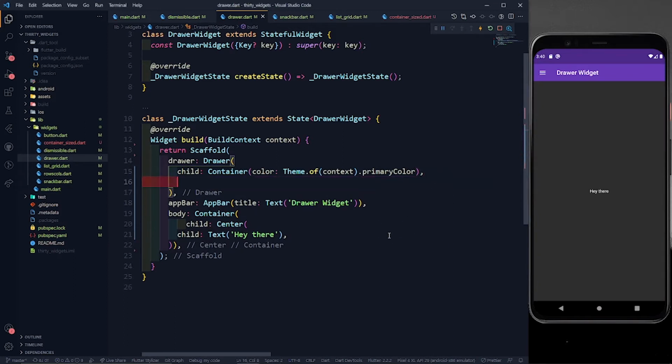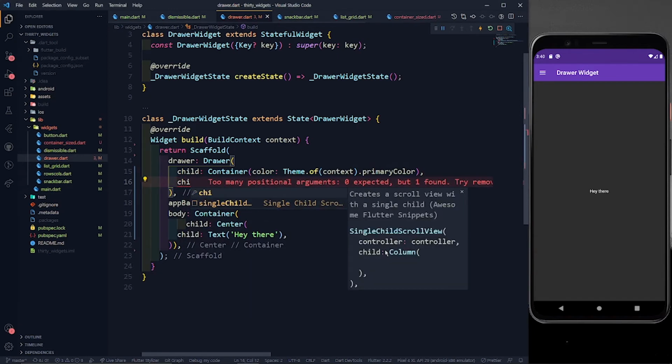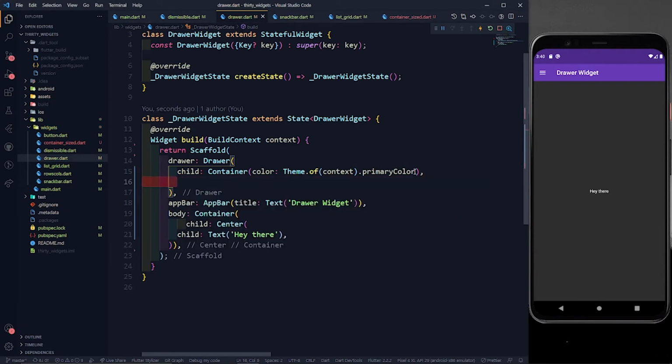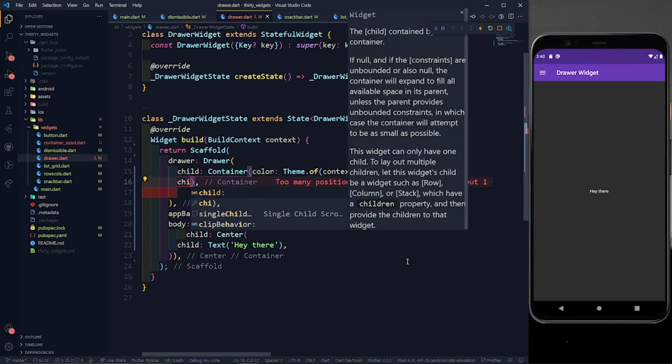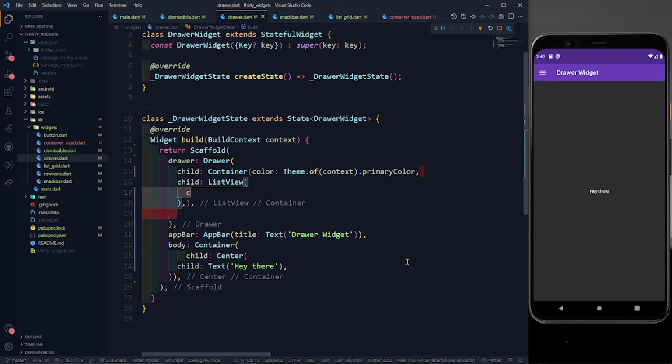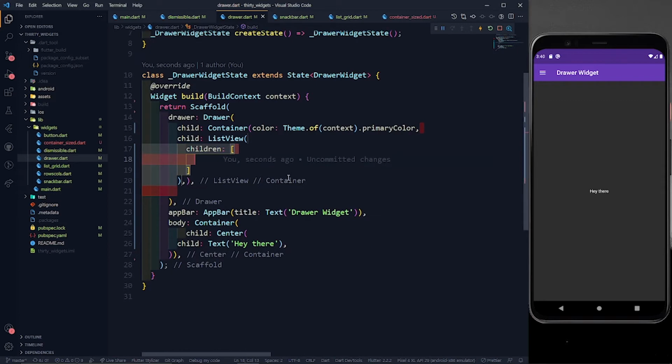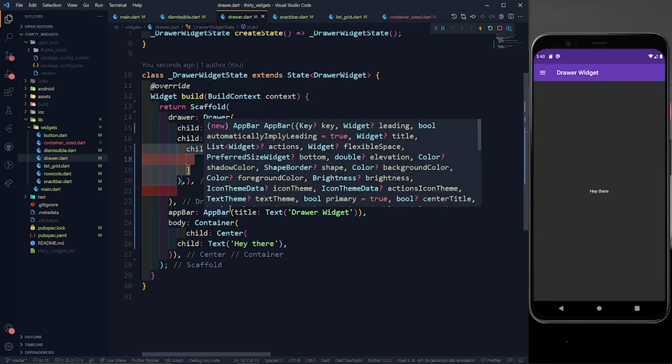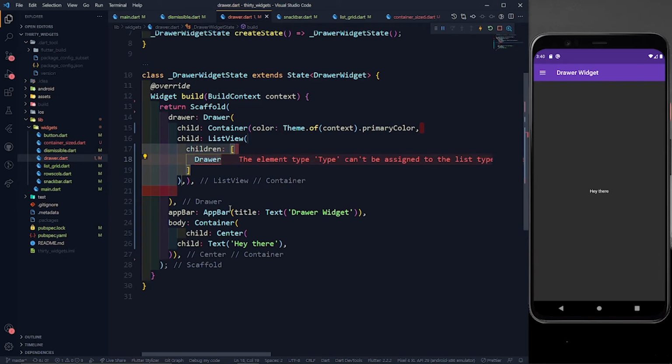Now what do I want to do? Now I will define a simple child in this container, a child of a ListView, right? In this ListView, I'll define some children, and the first child is going to be a DrawerHeader. What is that DrawerHeader? You have seen at the start of the video that on the top part there was a circular avatar face, then the email ID. That part is called a drawer header, right?